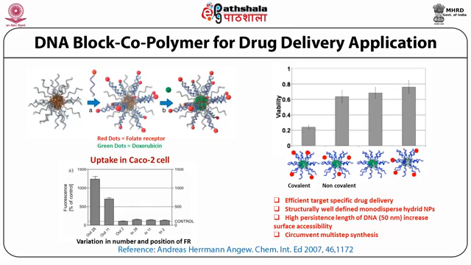Now the number of these folate receptors can be varied, and in this example they have varied the folate receptors, and they have preferentially put the folate receptors in different parts of the micelles. Now when they looked into the uptake of these DNA block copolymer micelles into cancer cells, these are CACO2 cells, they have seen when they have 28 folate receptors, they are outside in the corona area more,